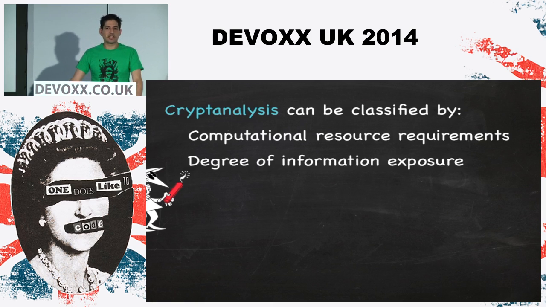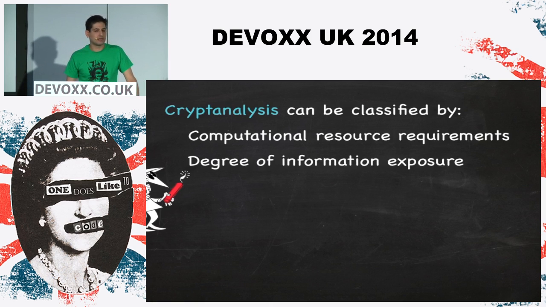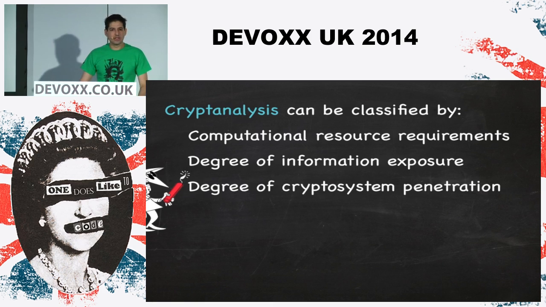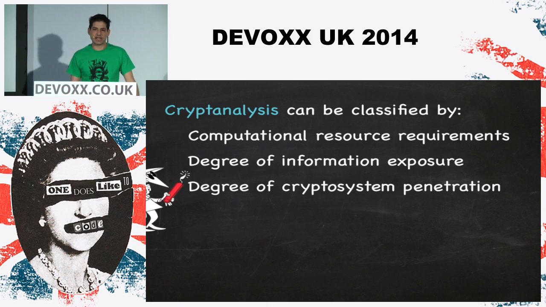The degree of information exposed is another way of classifying cryptographic analysis. Some systems are quite leaky. They leak a lot of information about what's going on whilst they're performing the encryption or decryption, and the amount of information they leak allows for different types of cryptanalysis to be performed on the system. Also, we can look at how far in you get. You might be able to get, say, 50% of a key used for encryption, which can be useful, but probably isn't. So we talk about how far you can get into the system, and how many levels you can get down and pull information out.